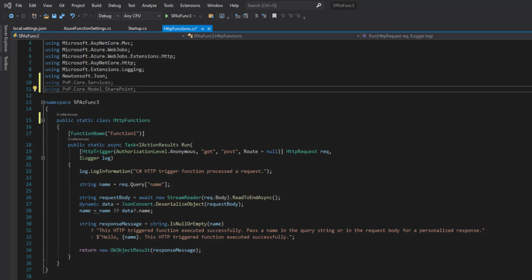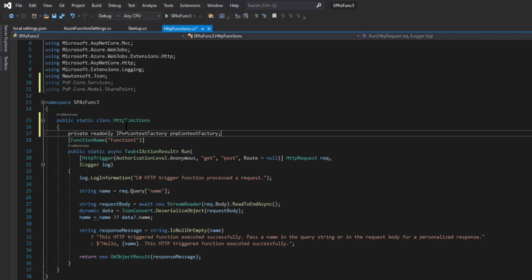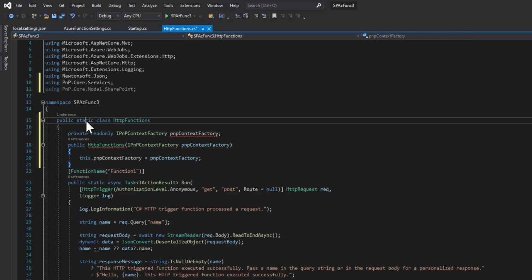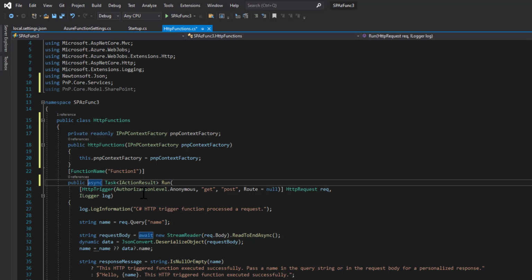Inside that we are going to declare a variable called PnP context factory, which we will be using later. Next we are going to declare a constructor for this function, and before that we need to remove the static. The default HTTP functions will always be static, so please make sure you remove the static from the class and also from the triggers.